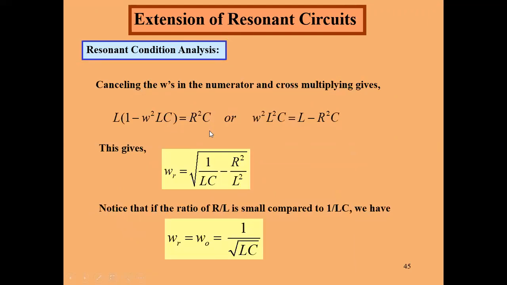The next one is the formula for parallel resonance. The parallel resonance formula is omega r is equal to the square root of 1 by LC minus R square by L square. Notice that if the ratio of R by L is very small, it becomes like series resonance, because if the resistance is small but the inductor is very large, the ratio becomes very small. So if that ratio is very small, that part cancels out, and only the remaining part is left.